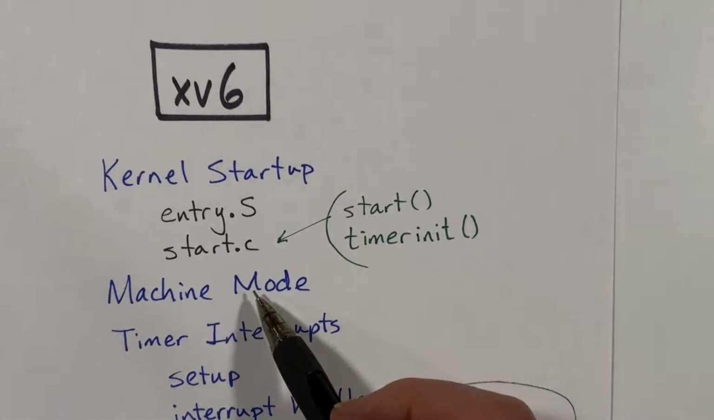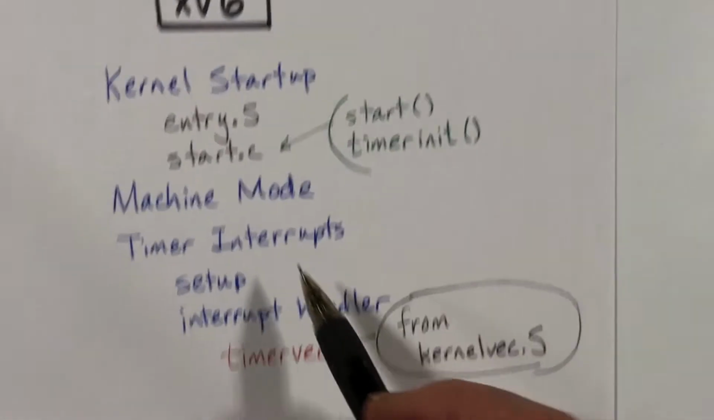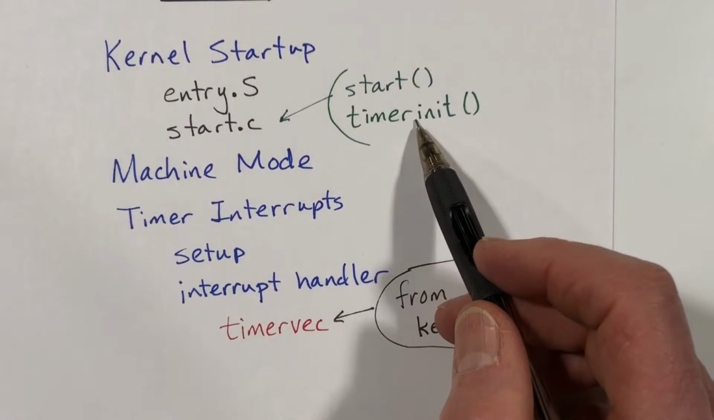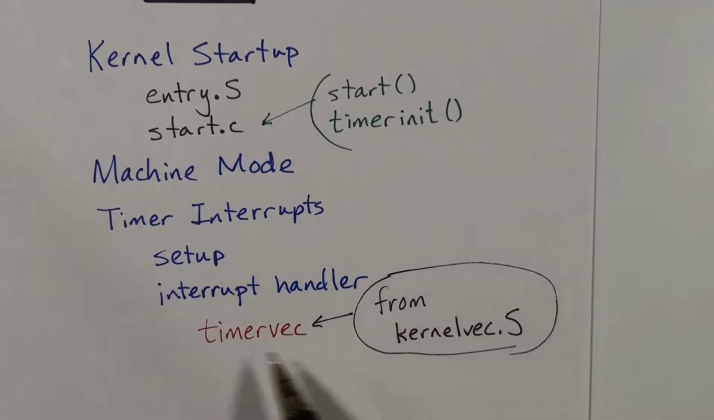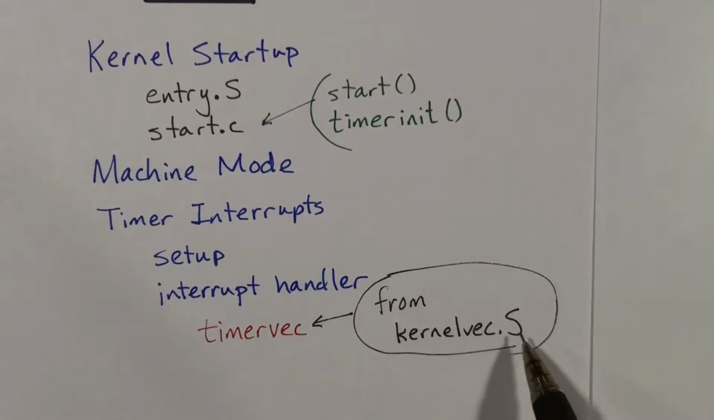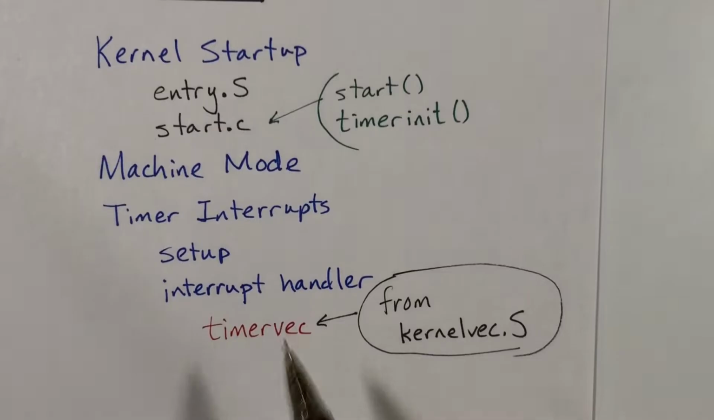All of this code is executed in machine mode, and at the very end of it, we switch into supervisor mode and jump to the main function. I'll also talk about timer interrupts. We'll see how they're set up in the timer init function, and we'll look at the code for the interrupt handler, which is called timervec, and that comes from a file called kernel-13.s. I won't talk about all the assembly code that's in kernel-13.s, but I'll talk about this part of it. Let's begin with